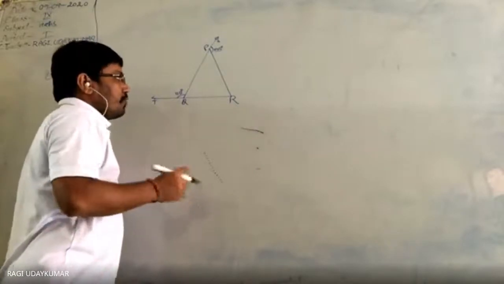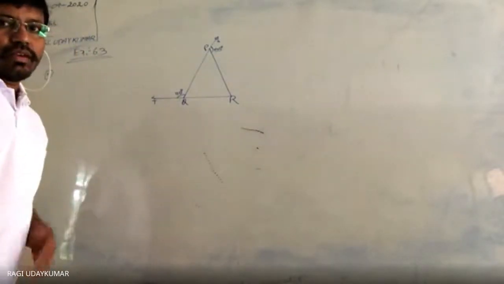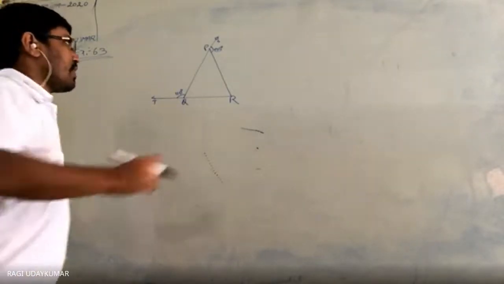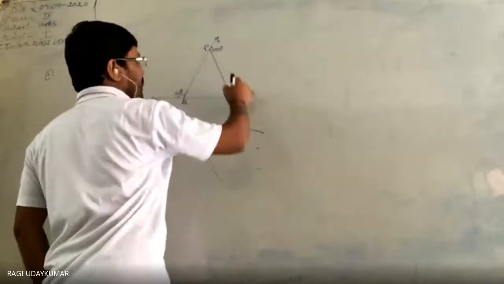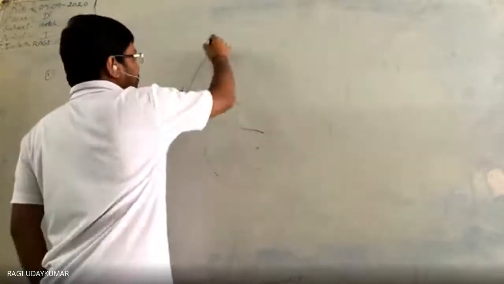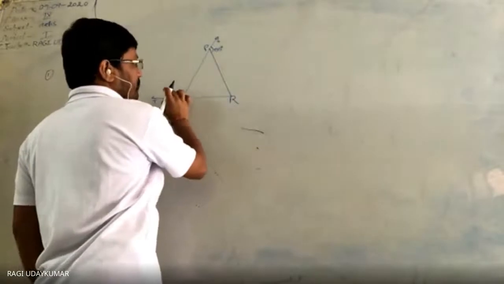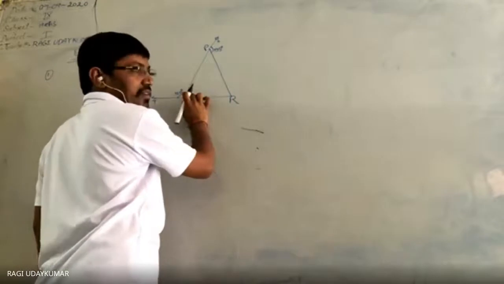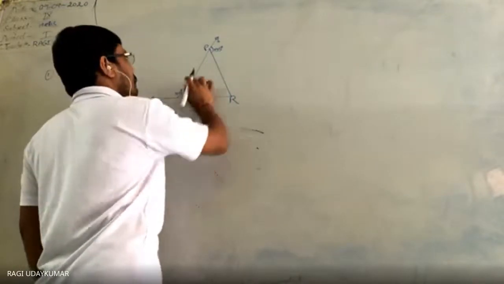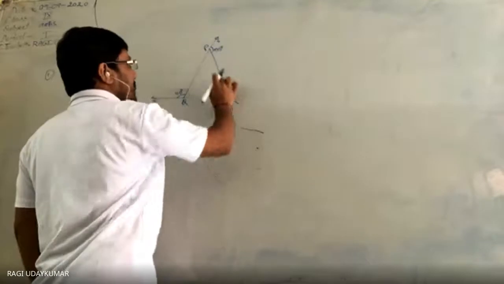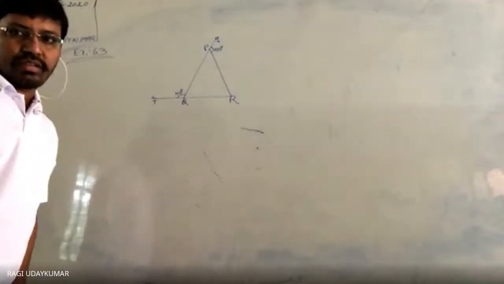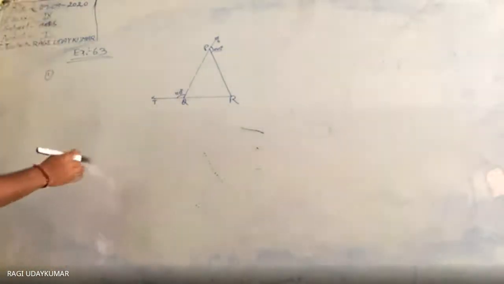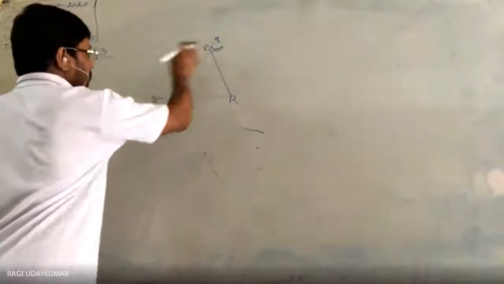To find PRQ, there are two methods. First, you can find angle QPR. After finding angle QPR, the other angle is an exterior angle, which will be equal to the sum of these two angles, so it is not necessary to find the third one. Or, if you find it, you can use the property that the sum of the three angles in a triangle is 180 degrees. Both methods are right, and you can do it either way. But first, you compulsorily need to find angle QPR.